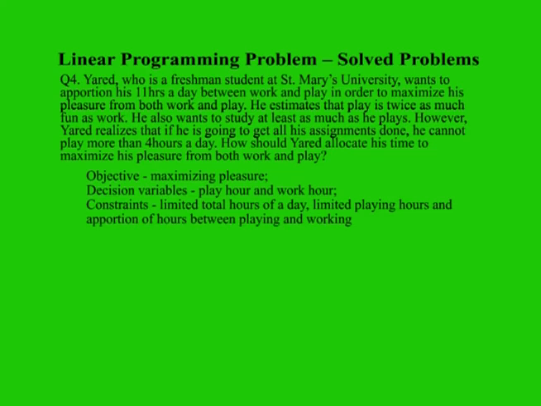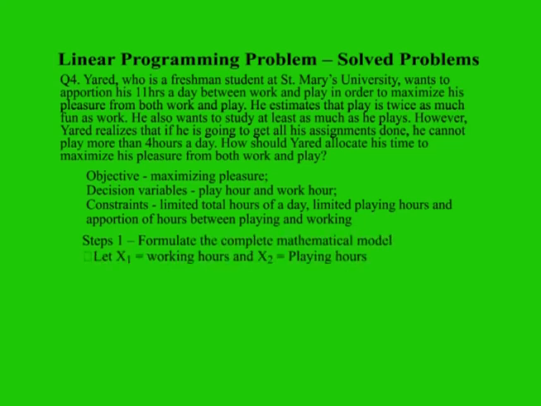With this information in mind, let's move on to solve the problem by following the steps. Step 1, formulate the complete mathematical model. Let x1 be working hours and x2 be playing hours. The objective function, which is pleasure maximization, is the sum of pleasure gained from work and play after they are multiplied by their unit of fun. It is z max equals x1 plus 2x2, which is subject to